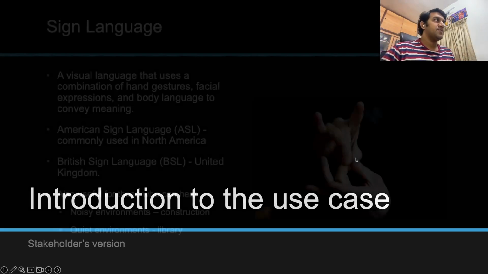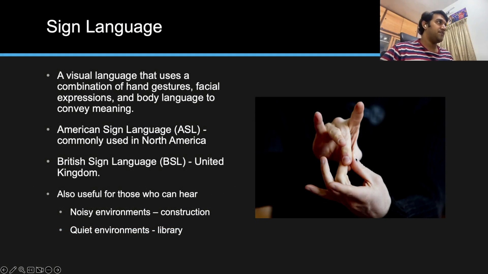As an introduction to the use case, the problem that I'm working with is using image classification, where I'm trying to classify images based on American Sign Language. Sign language in and of itself is a visual language that uses a combination of hand gestures, facial expressions, and different body movements to convey meaning. Two very commonly used sign languages are American Sign Language and